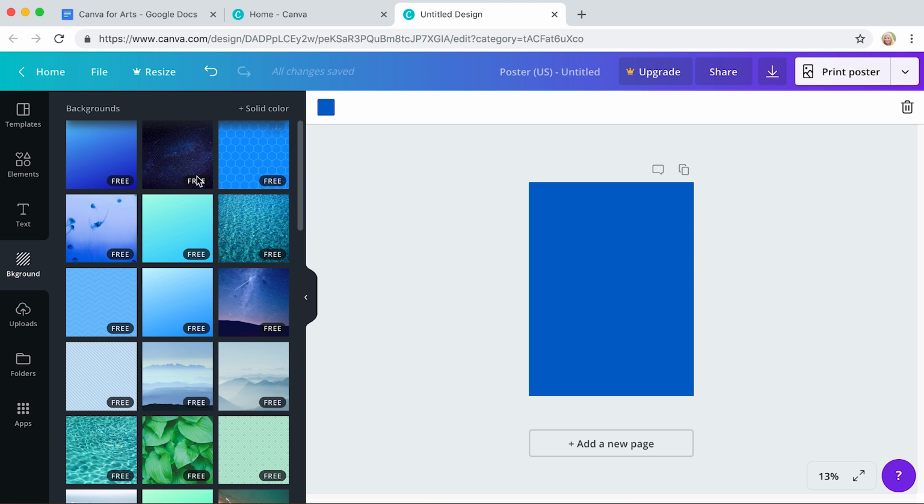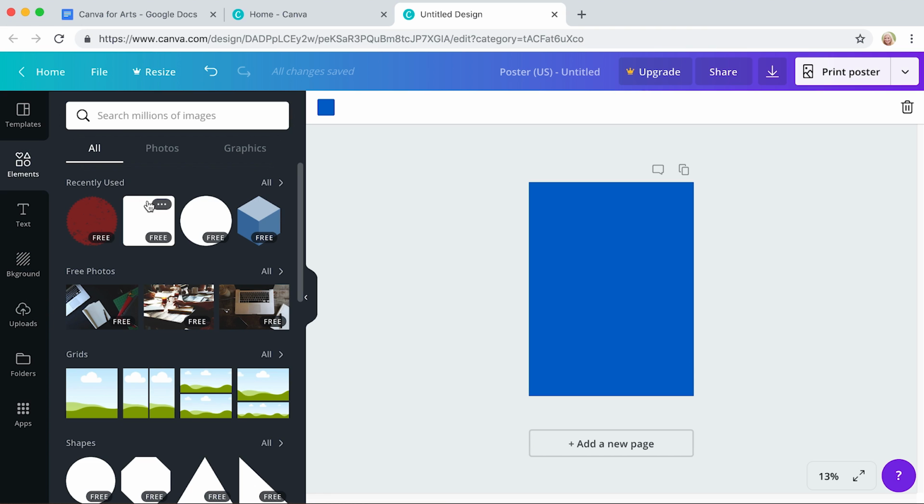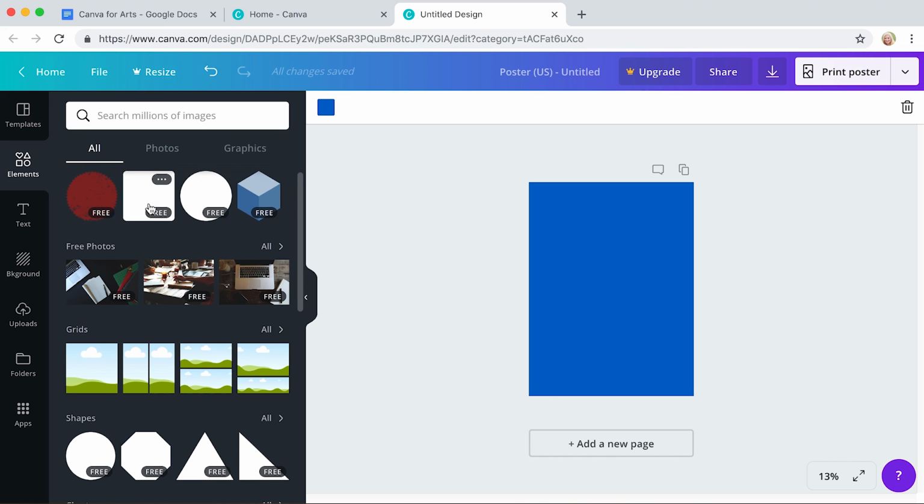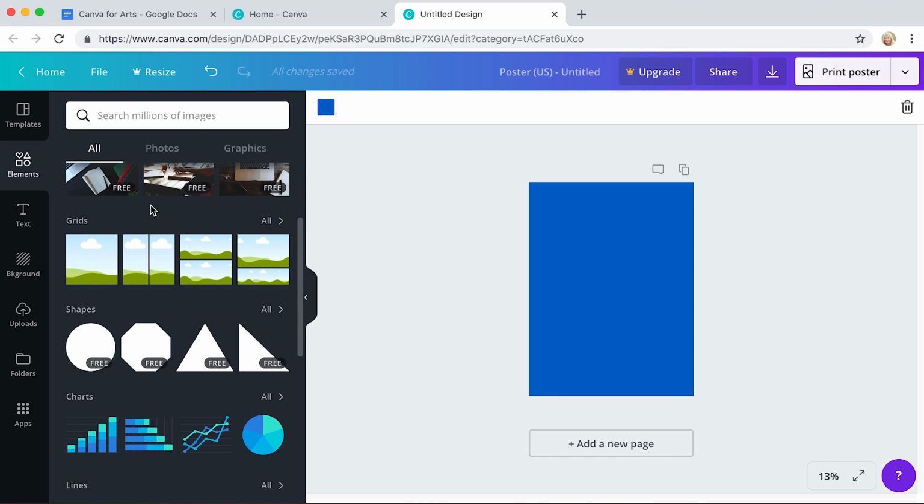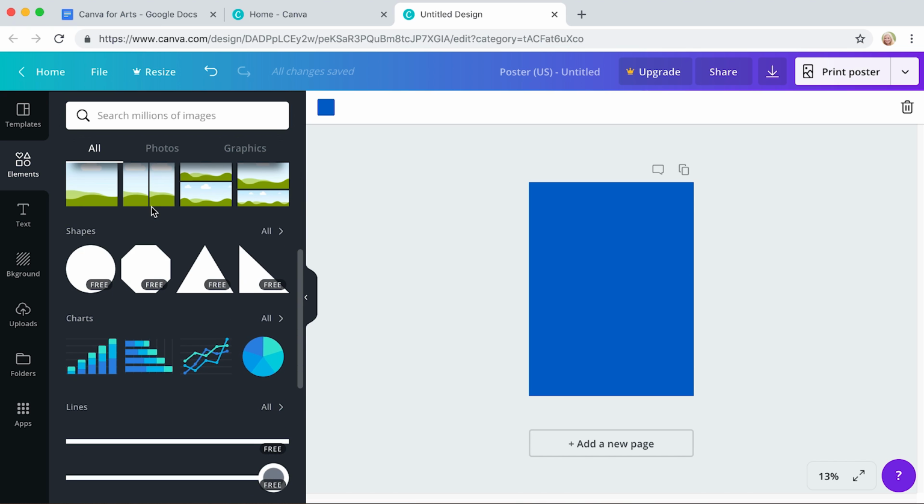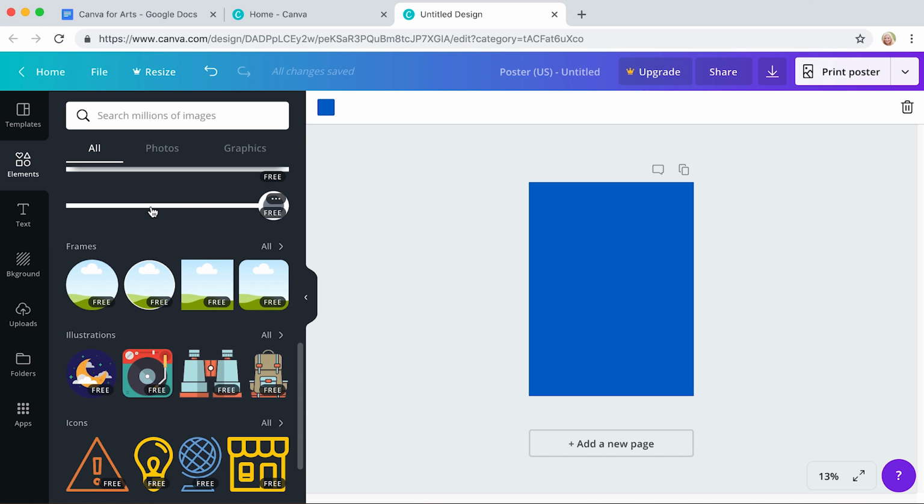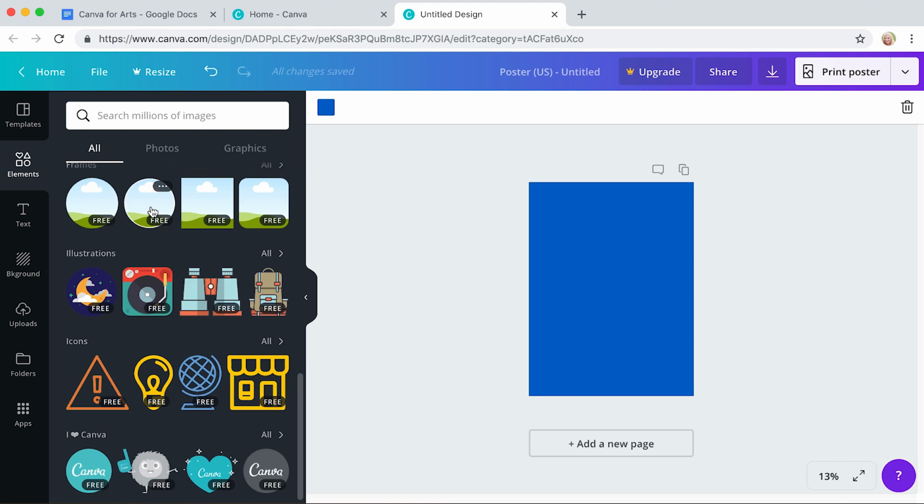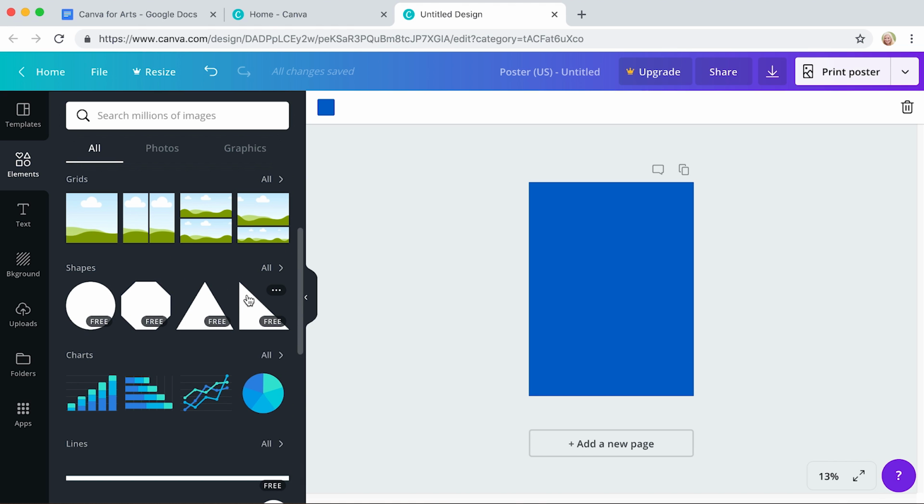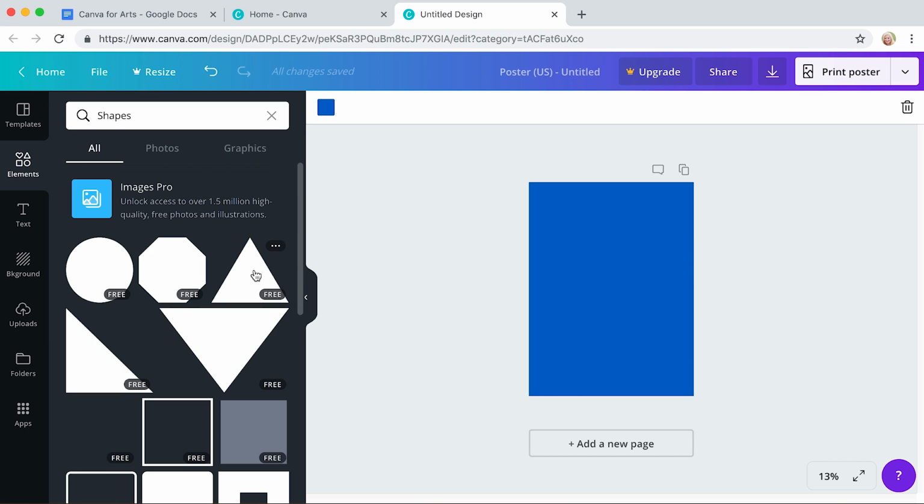From here, I can return to the icons on the left and choose elements I want to add to my design. Such options as photographs, different grids of photos you can put in place, shapes, charts, lines, frames, illustrations, icons, etc. But I want to incorporate a shape into my design. So when I examine the shapes,